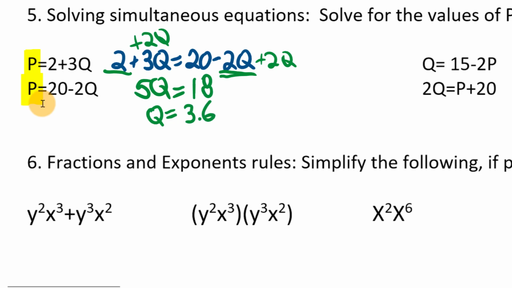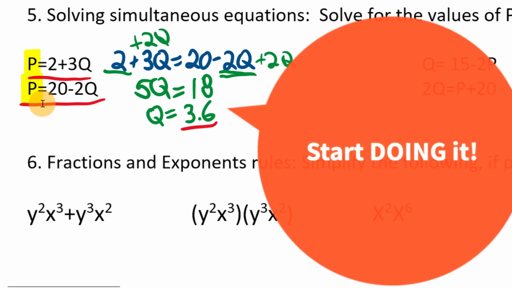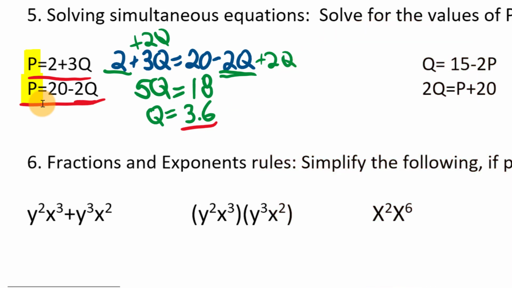And then we take that 3.6 and plug it back into either one of these two equations, and that will give us P, whichever one seems easier. Looks like, I don't know, to me maybe the second one. It doesn't matter, but 3.6 times 2 I know is 7.2, and then we can just take 20 minus 7.2. Looks like that would give us 12.8 for the equilibrium price. Now, if you're ever unsure, you can plug it into both equations, and you have to get the same thing. So P equals